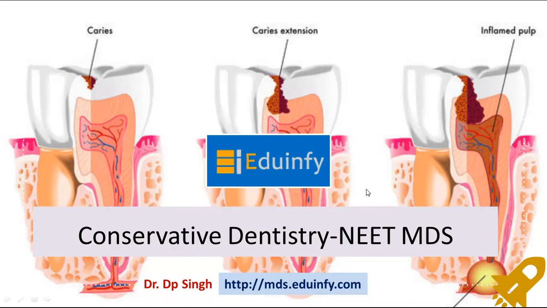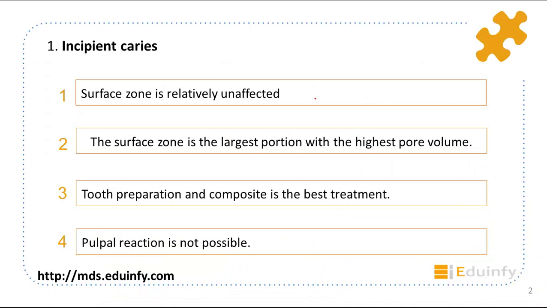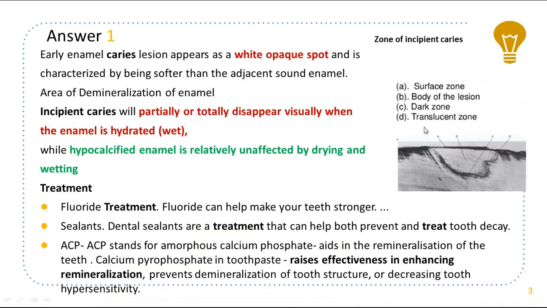So let's begin. There are a few MCQs for NEET MDS. In incipient caries, the surface zone is relatively unaffected. So here's the explanation. This enamel caries lesion appears as a white opaque spot. There is an area of demineralization, and this zone of incipient caries has four zones: surface zone, body of lesion, dark zone and translucent zone. Usually incipient caries disappears visually when enamel is hydrated, while hypocalcified enamel is relatively unaffected by